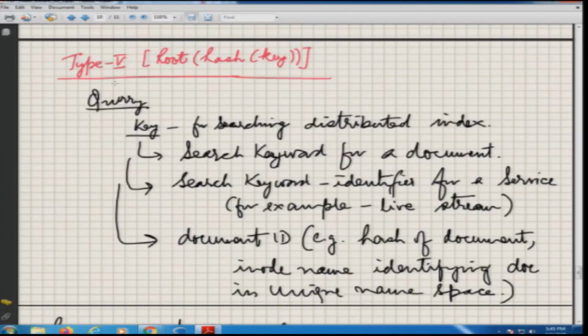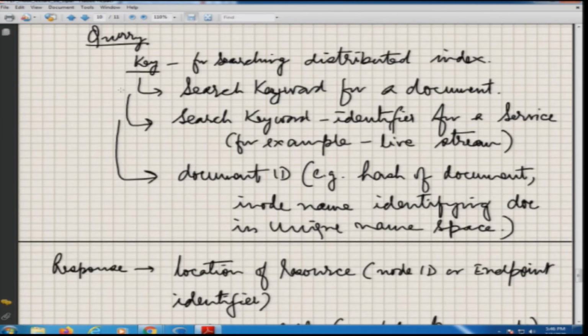That is an example of a keyword identifier based service discovery, or it can be a document ID, for example, a movie. The movie's hash value is going to be the key and the movie will be there with people. You will search with the hash value and find out where the movie is in the DST, the storage DST itself, or which guys are actually holding the corresponding movie. Once the movie gets downloaded, you have to compute the hash and verify whether that movie is indeed the same one, and then you can play back that movie. Okay. So, that is a key value search based thing. These are typical queries which you will be making.